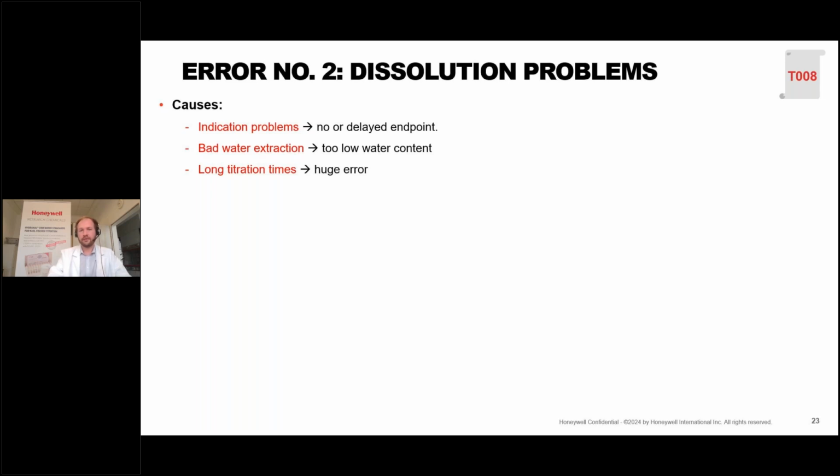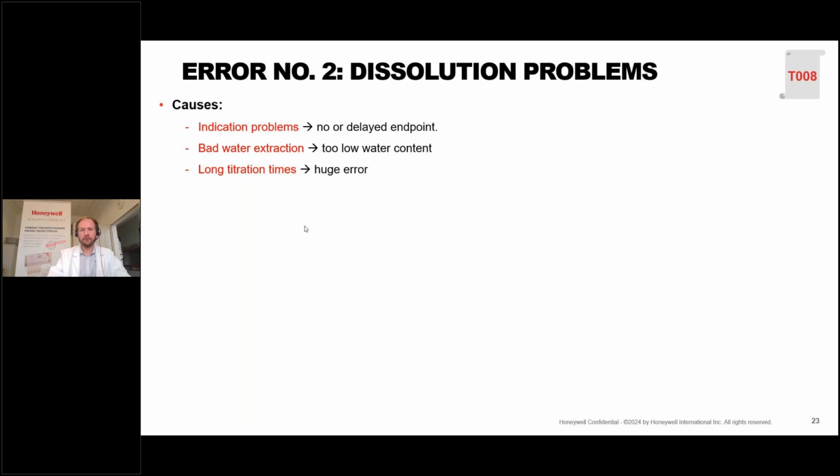If the sample does not dissolve correctly in the KF medium, it may cover the platinum pins of the indication electrode, which can cause indication problems, and this will result in no or delayed endpoints. Furthermore, the water may not be extracted completely, which will provide underdetermined results. And last but not least, bad solubility may increase the titration times, which is additionally